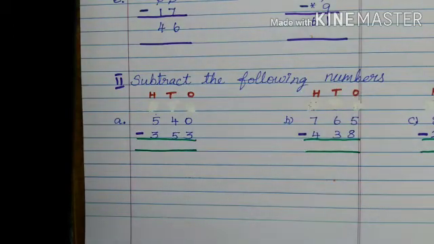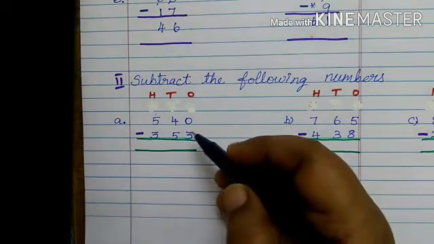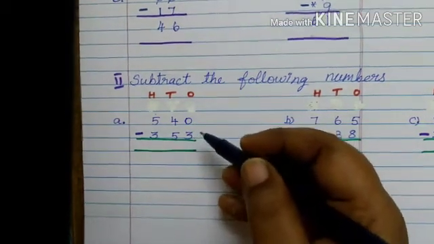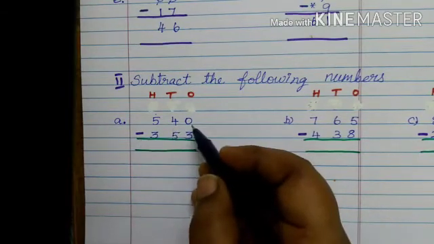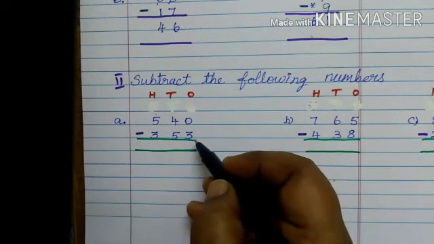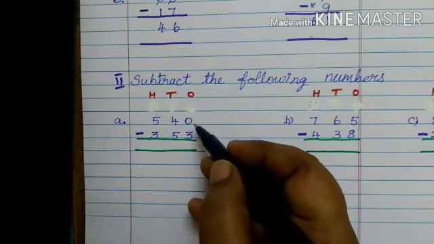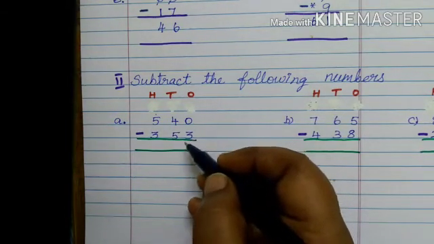Here we are using the hundreds place, a 3-digit number, as in third standard. You learned for 3-digit numbers. Already you learned the concept of subtraction using the symbol for minus. So the first number is 540 compared to the second number. The first number is bigger and the second number is smaller.